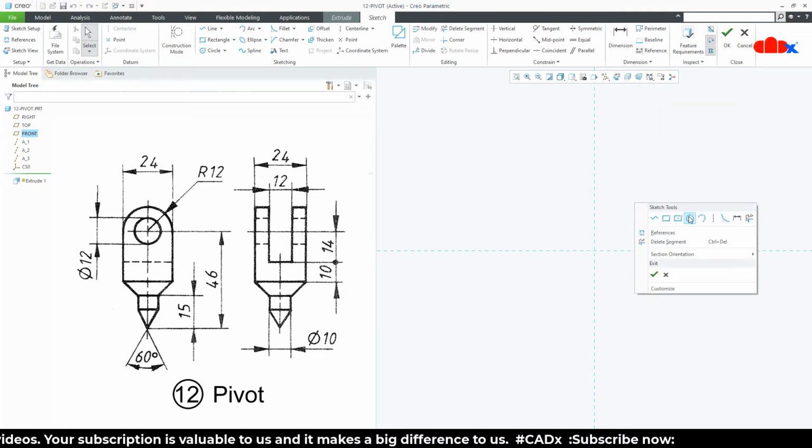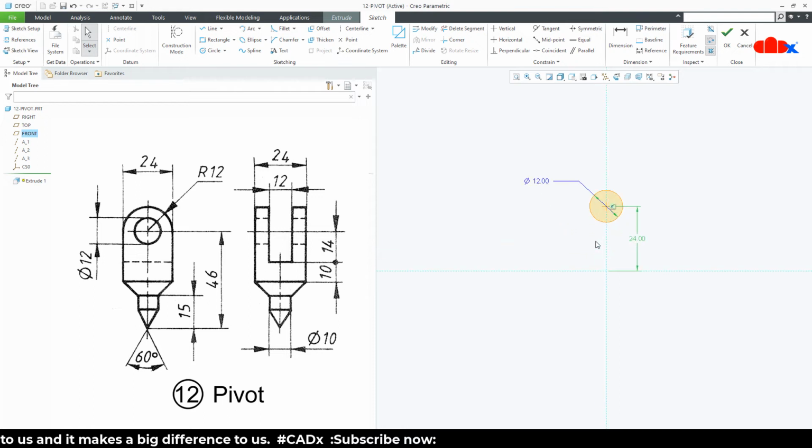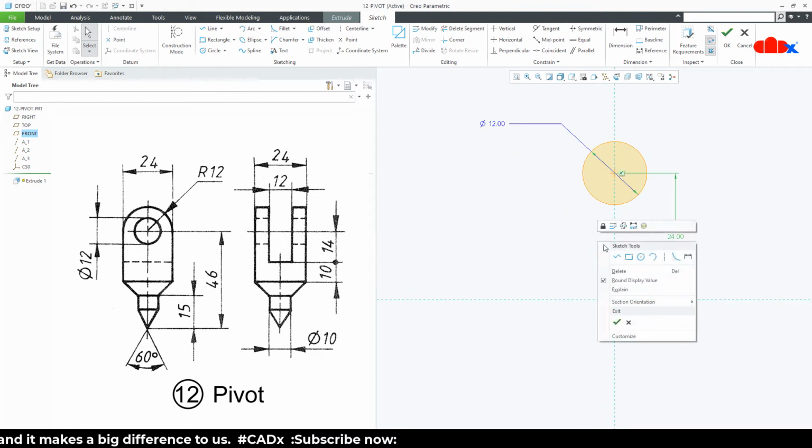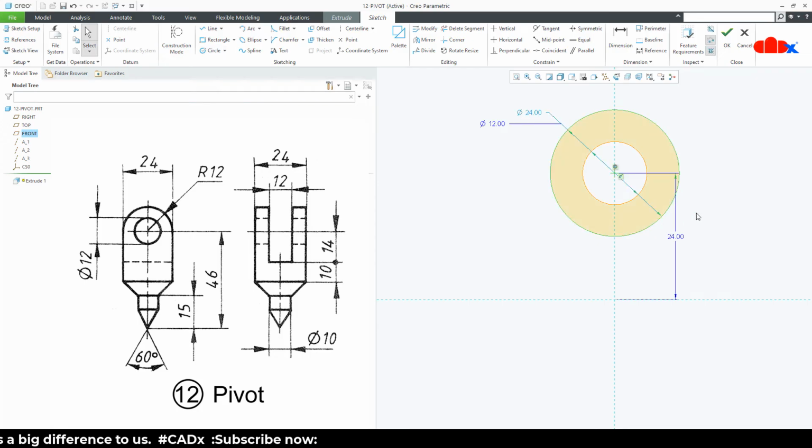Now draw a circle first. This is dia 12. Now this will be 24. One more circle. This radius is 12.